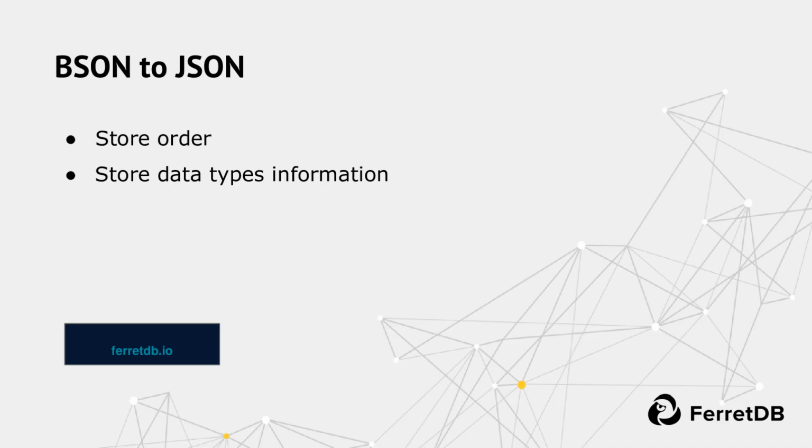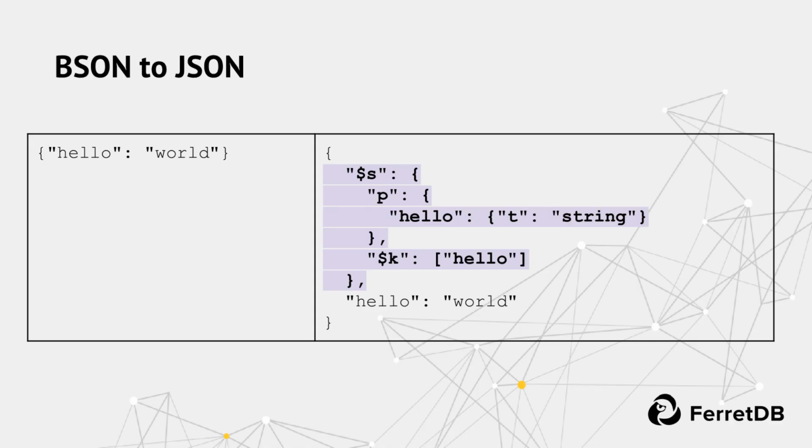And then the next question could be, okay, we have BSON on MongoDB, we have JSON on PostgreSQL. How to translate BSON to JSON? As we know, there are two things that we need to support. Basically, let's just support them. So we need to store the order, because the order is preserved, and we need to offer a way to store special data type information. Again, how can we do it? For example, like this. So we have, again, the same hello world document, very simple. And we want to store it in JSON, but like in BSON.